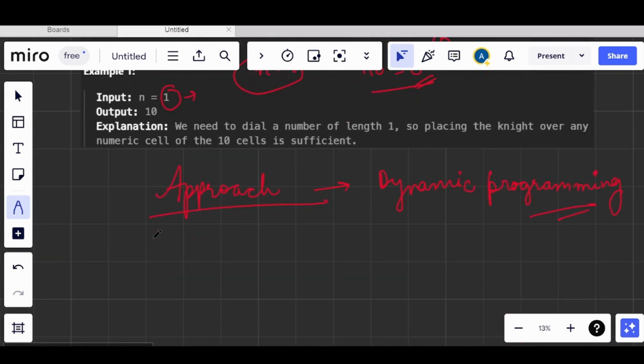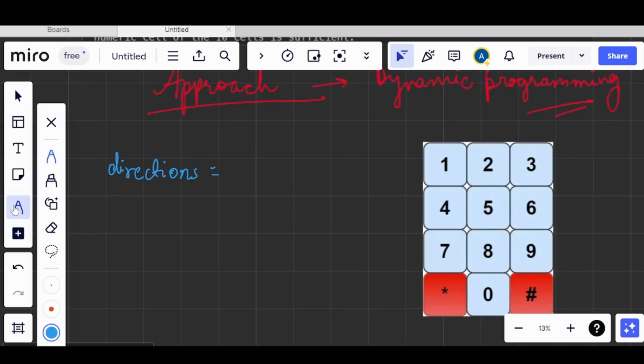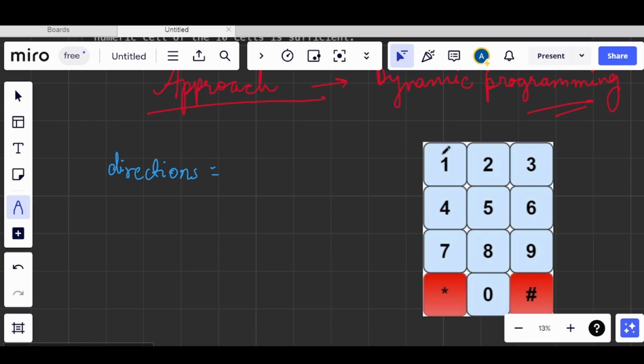So first we will create an array. We can call it either directions or any name as we like. So I will be calling it directions here. What we will basically be storing here are the directions that are possible from each number. Like when we are on 1, where can we move? We can either go to 6 or we can go to 8, right. So we will declare an array and we will store 6 and 8 here.